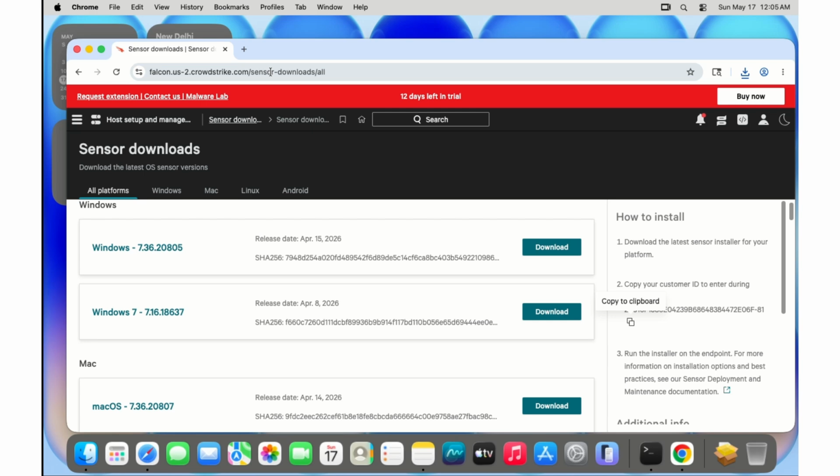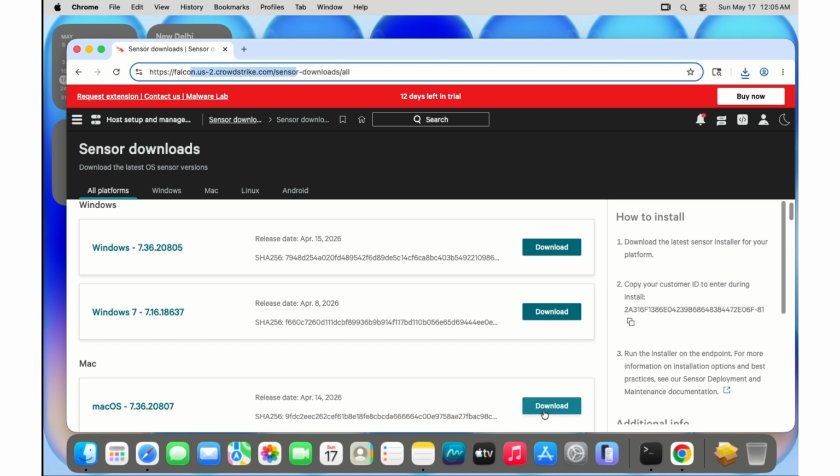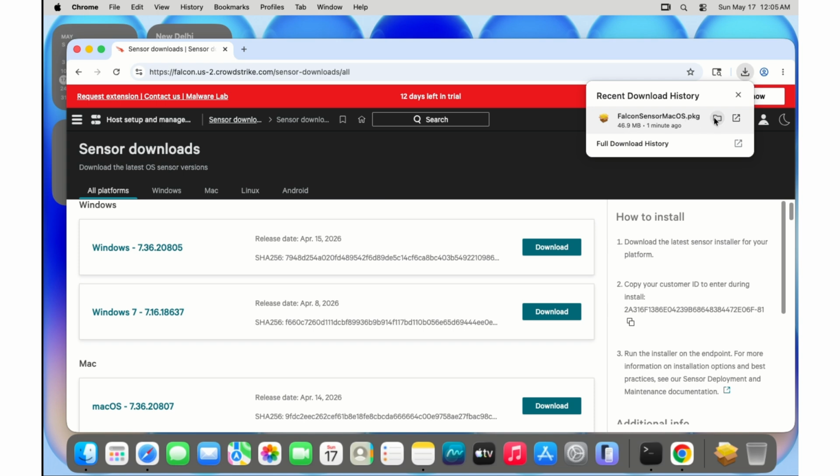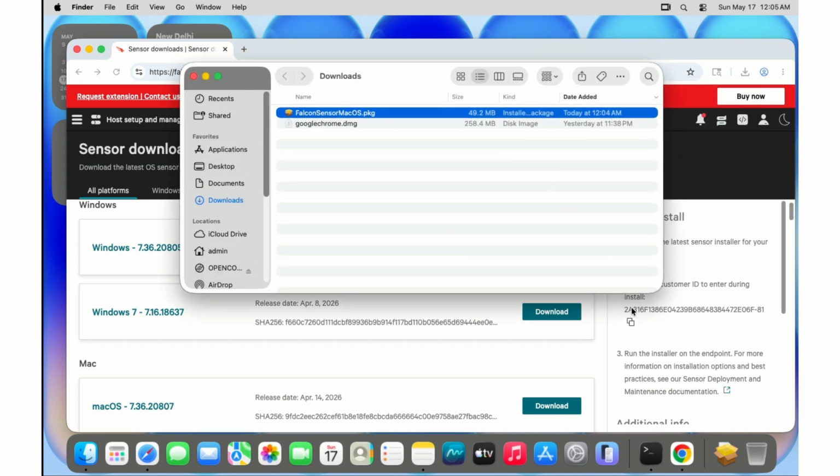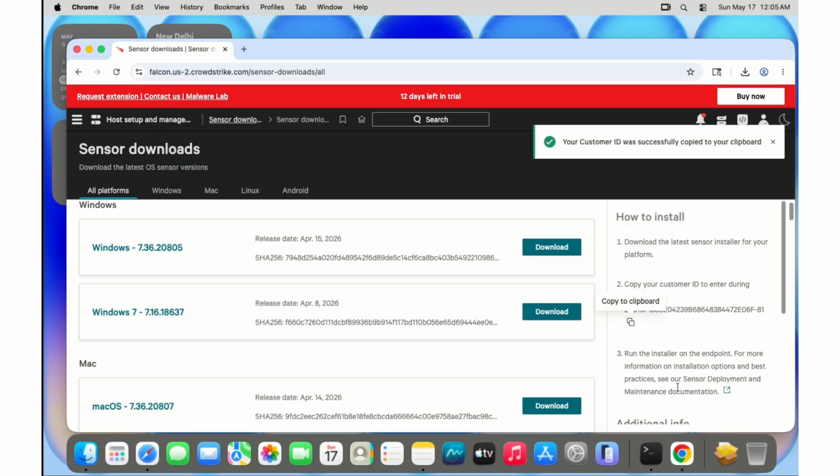In this video, we are going to see how to install CrowdStrike Falcon sensors for the MacBook. Since I have already downloaded the package for the MacBook, you just have to click on the download button and you will be able to download the package for the MacBook. After downloading the package, you have to copy your CID, which is your customer ID, then